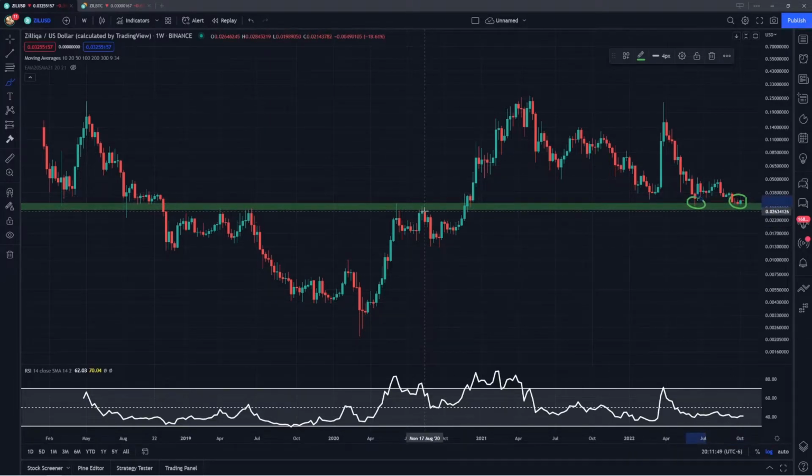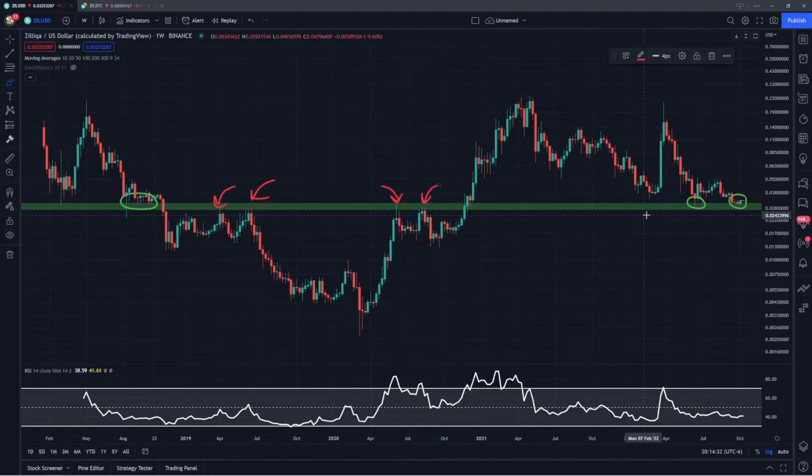And then you can see that if we go all the way back to the previous market cycle, this was previously an area of support as well. And eventually when we broke below it, Zilliqa flipped it into resistance on several retests. You can see actually 4 rejections, 2 in 2019 and then 2 more later on in 2020. So this is a very key level here on the weekly, and I do want to see Zilliqa continue to